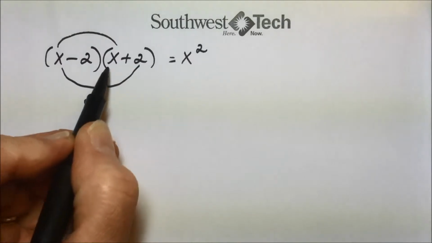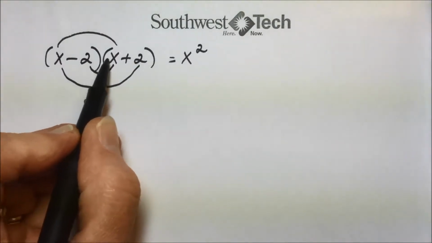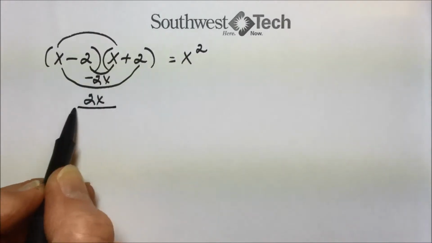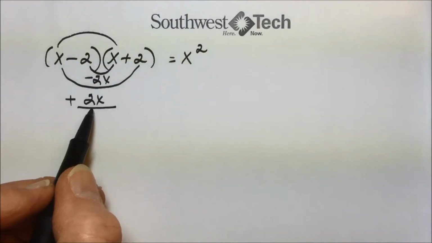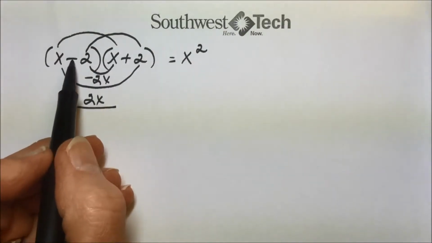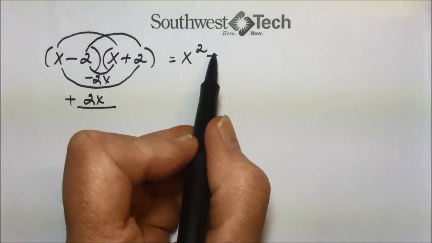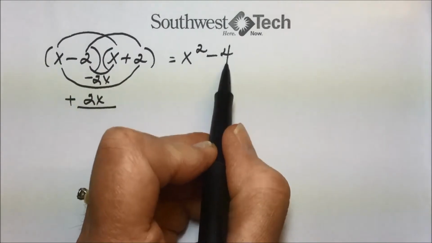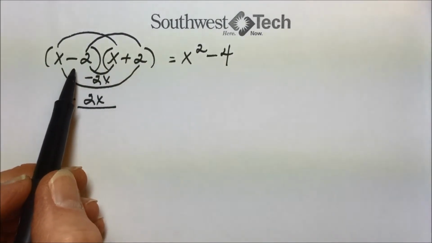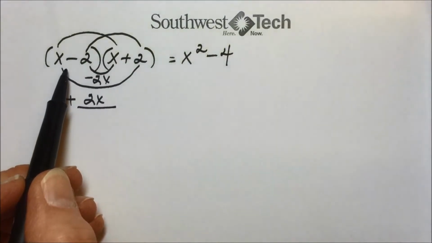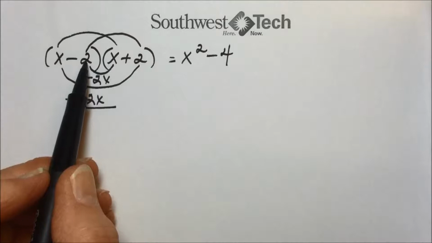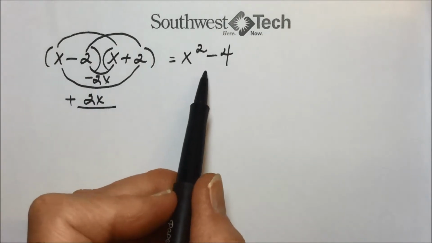multiplied gives us a positive 2x, inside terms when multiplied together give us a negative 2x, which when we add those like terms together cancel out, and last terms multiplied, a negative times a positive gives us a negative 2 times 2, or 4. When we multiply binomials that are a sum and a difference of a first term and a second term, we end up losing